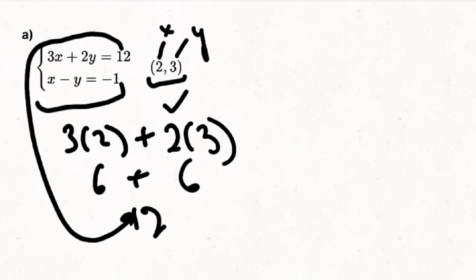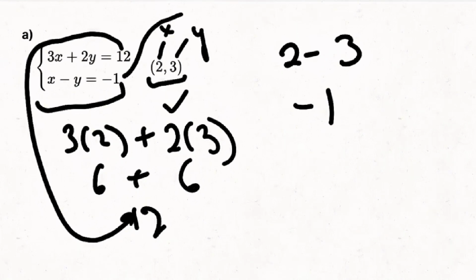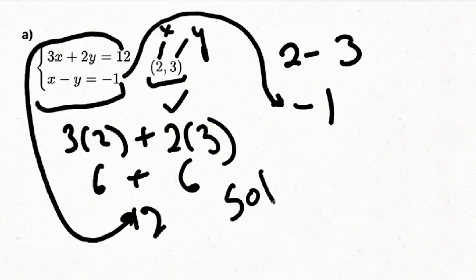Now let's move on to the second equation. So we have x minus y equals -1. We start off by plugging in 2 for x, and we plug in 3 for y, so we get 2 minus 3, and 2 minus 3 is obviously equal to -1. So since the ordered pair solution is equal to the solution to the second equation, this ordered pair does indeed satisfy the second equation. So this ordered pair is indeed a solution to the system of equations,